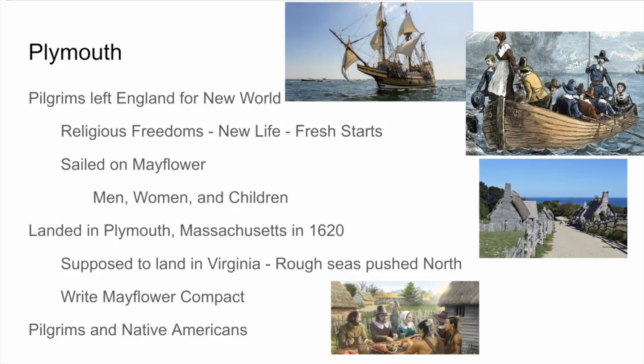And they wrote the Mayflower Compact. Now, the Mayflower Compact was signed on November 21st, 1620, and it was the first framework of government written in the area of what would become the United States. So the very first governmental document was this compact by the settlers because they weren't where they were supposed to be. They realized, like, hey, if we're going to be here, we've got to make sure we do this correctly.